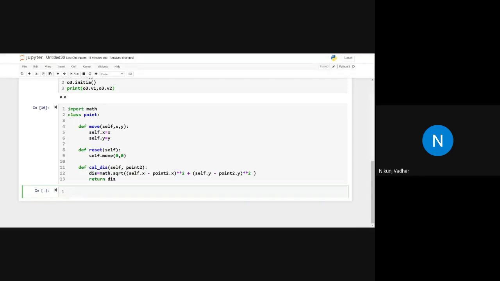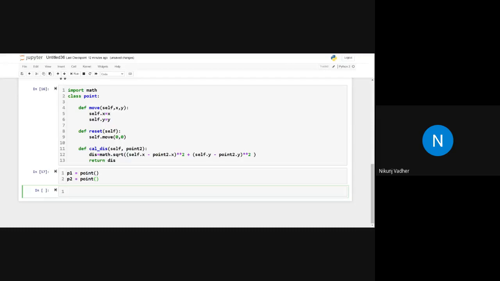Now let's try to use this class with various examples. First of all, we will create 2 points, or 3 points, whatever number of points you want to create. Let's say p1 is equal to Point, and then p2 is equal to Point.